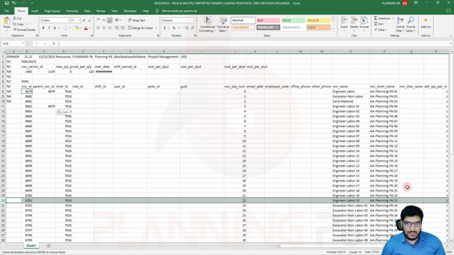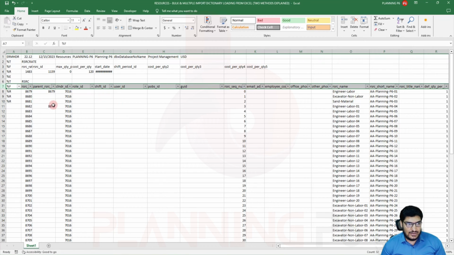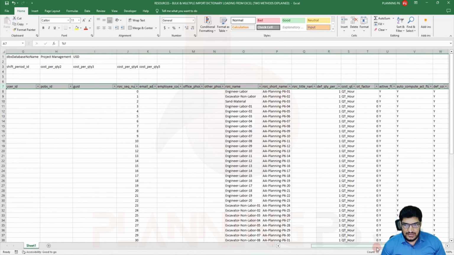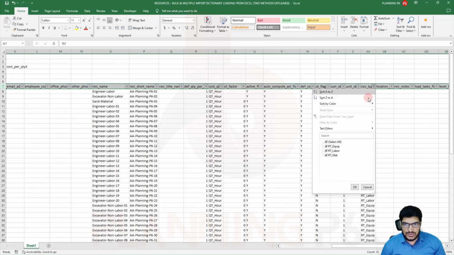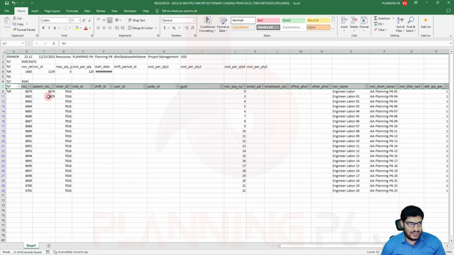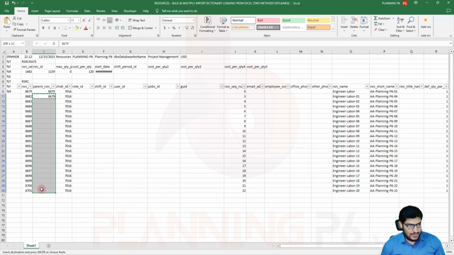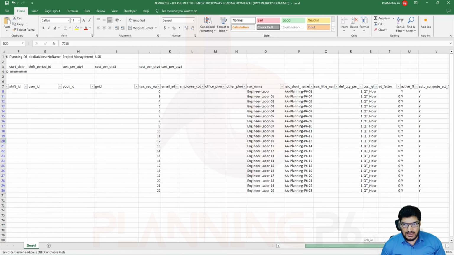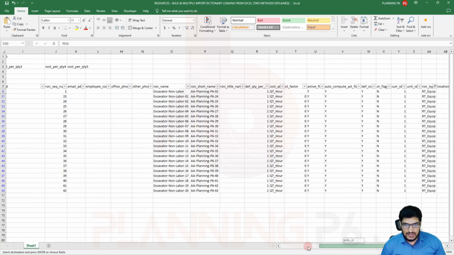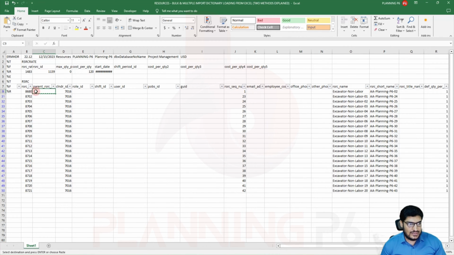You can have the option now from the filter. You will assign the filter from here and filter whatever from the resources, material resources, or let's do it for one. For example, here I will do the labor resources, this one, equipment and labor resources. If the resources are too many, you can do it this way, copy, and up to here I will paste it. You can see here. Now I will create the filter again here, RT equipment, and select only the resources for the equipment. You can see here this is